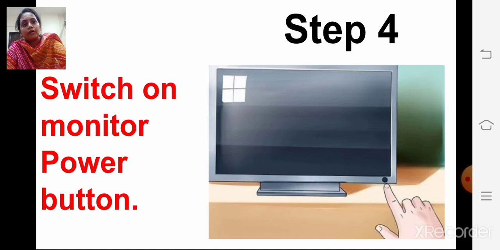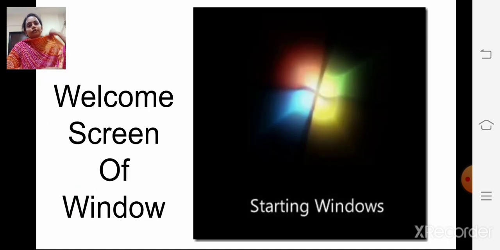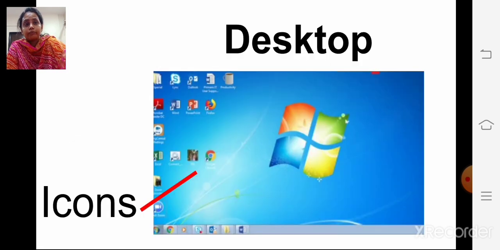Now children, next, see, this is the welcome screen of Windows. When we start the computer, we get the first screen, the starting window. This is the welcome screen. Okay children, now the first blue screen.